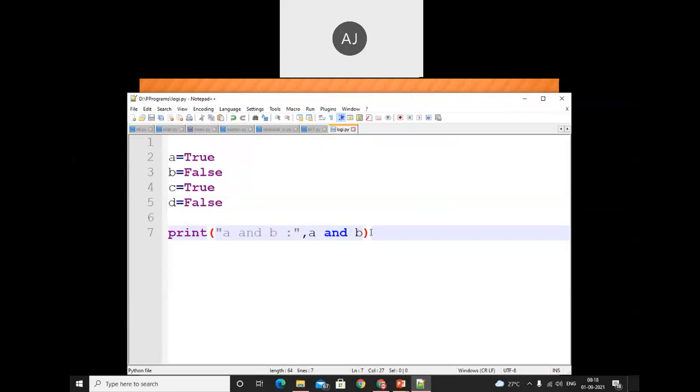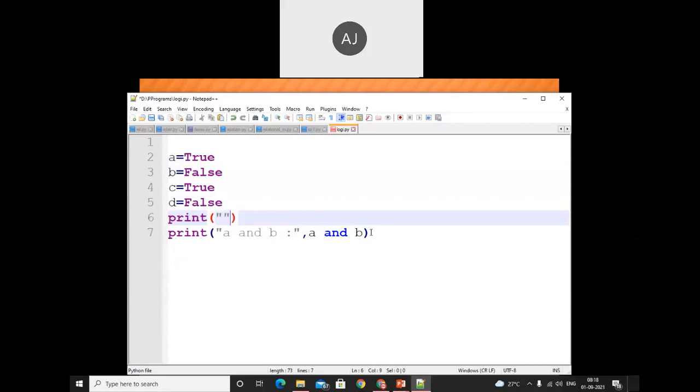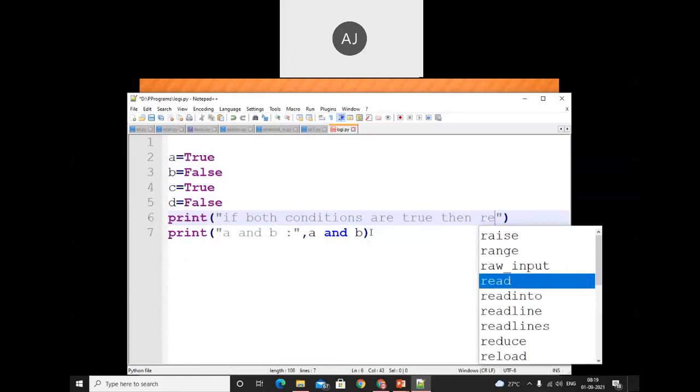Let's check that. Here I will write a condition in double quote: if both conditions, true and false.